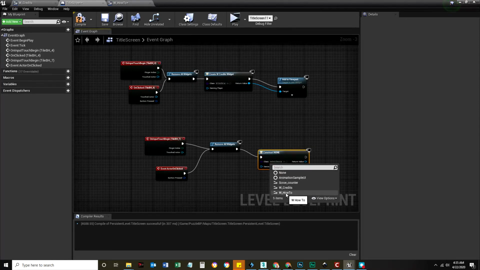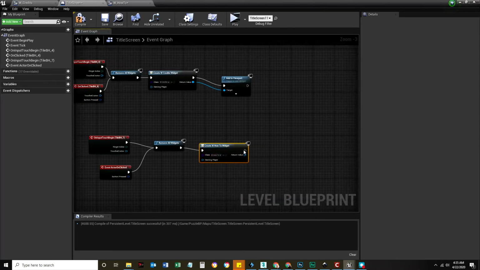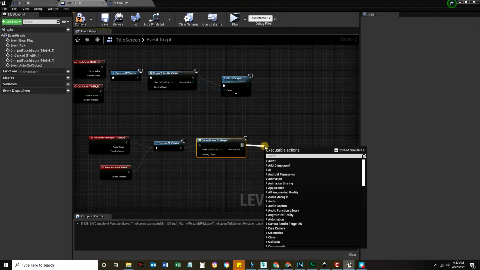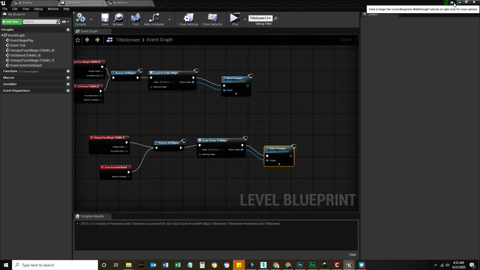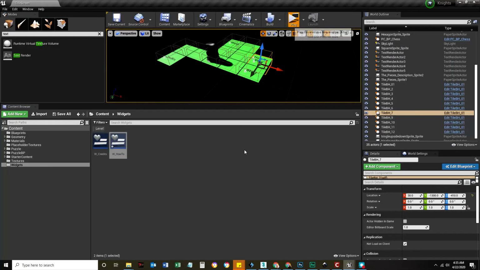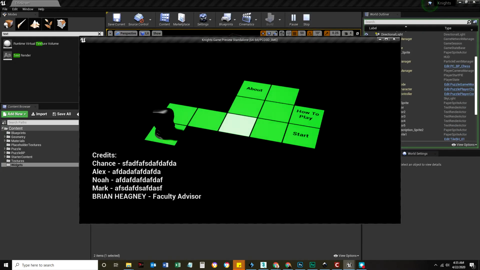Create widget, how to, add to viewport. There. I'm just going to do these two, and you can figure out the rest if you want. So we have the credits here, they can be taller, you can move these around, and now I come here, oops. Oh no, that should be fine. And then when I click on how to play,